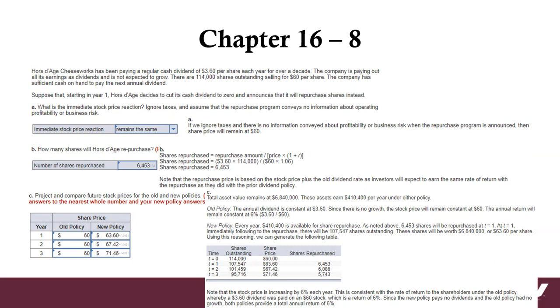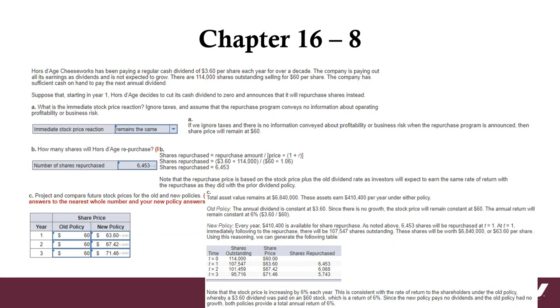When we were paying a cash dividend, everybody got the same amount. In this way, you just decide, do I want to sell a share or not sell a share? If you don't sell a share, the value of your share goes up, like we saw in the last problem. And if you sell your share, you get the cash. And so people are going to be indifferent if there isn't a difference. So that's kind of what's going on.